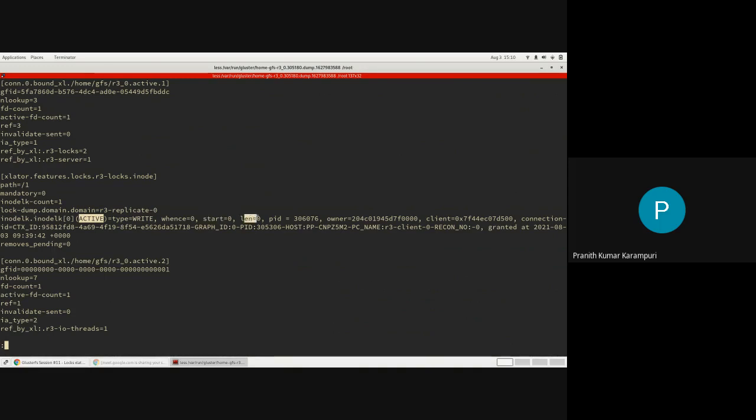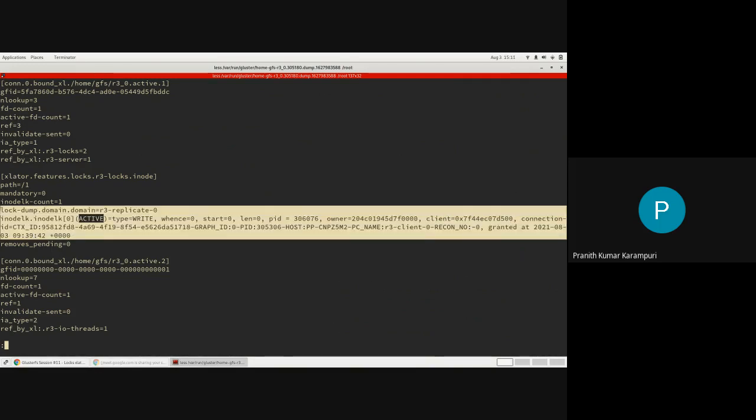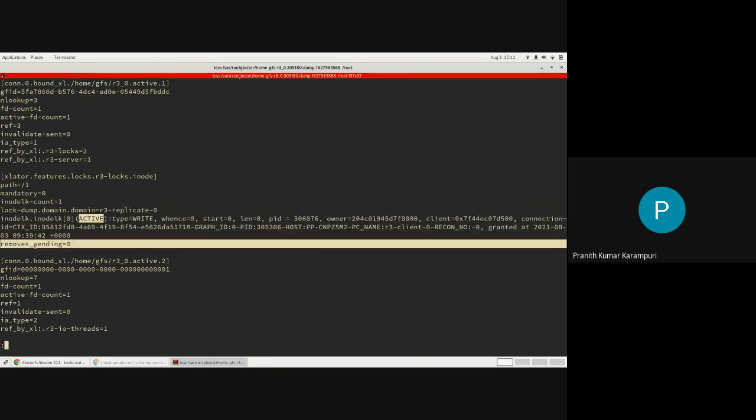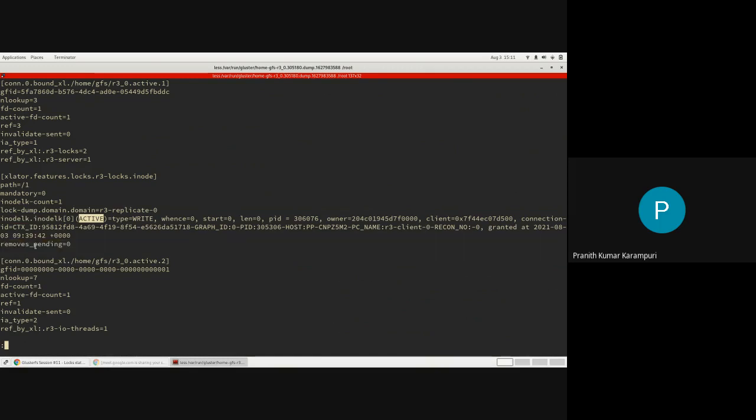This means this is the full file lock, because replication does an eager lock, which instead of taking small ranges, takes one big full file lock, and it will optimize the number of locks and unlocks. This is the remove pending, which is the code that we just saw, like there are no unlink operations going on. So this is the information that gets printed.